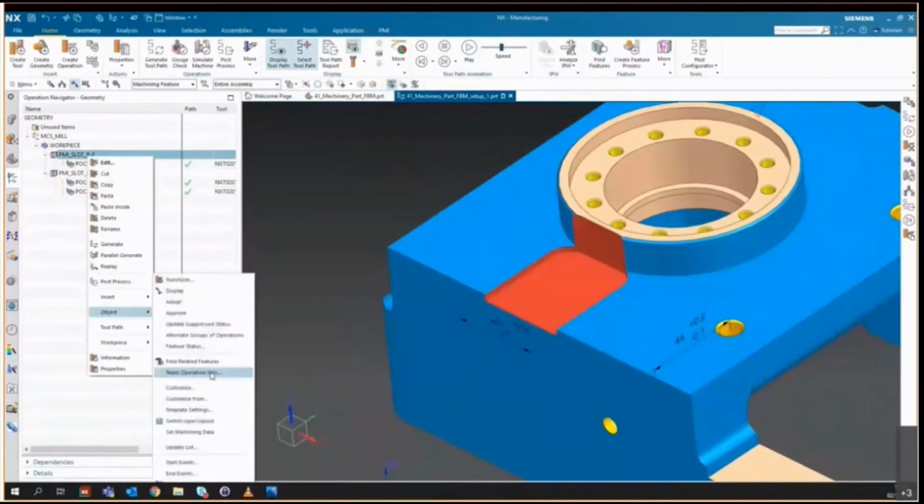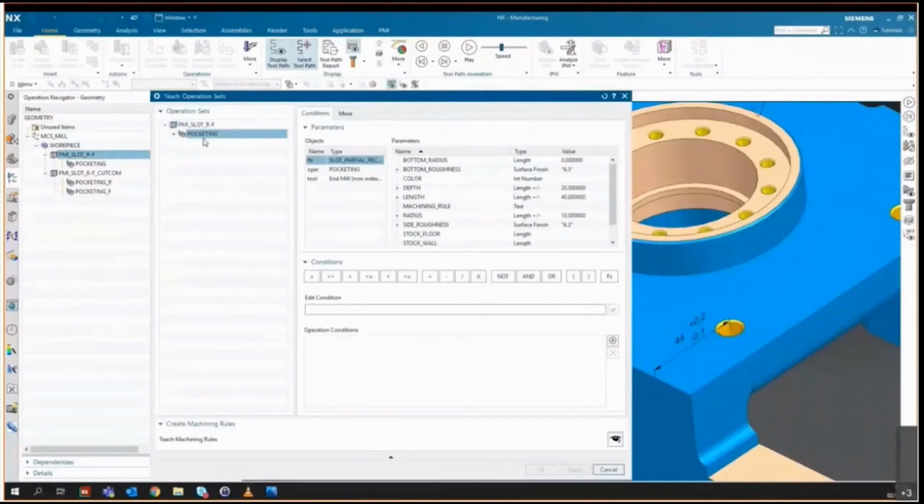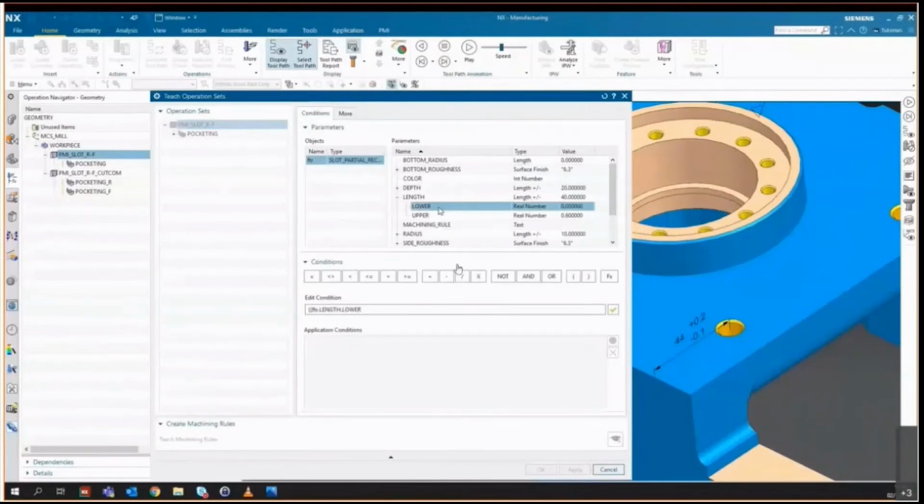Now what we have to do is very similar to what Steph just showed us, and that's to teach the operations. But this time I'm going to add some intelligence. I'm going to apply some logic. So again, using all the attributes that are available to us, I'm going to select the upper and lower length values. So in this case, it's a plus nothing plus 0.6, but it could be a plus or minus. So for that reason, I'm going to do the lower value times -1. So if it is a minus 0.2, that will make that a positive number. I'm then going to add that to the upper limit. So if it was -0.2 plus 0.2, that will give us a tolerance band of 0.4.